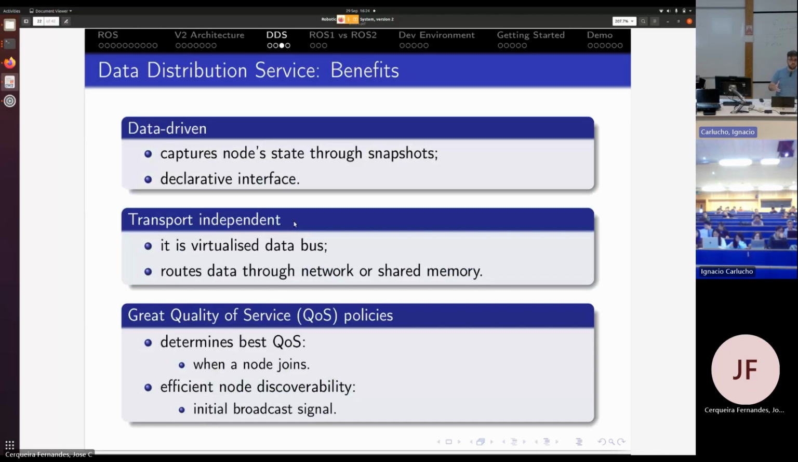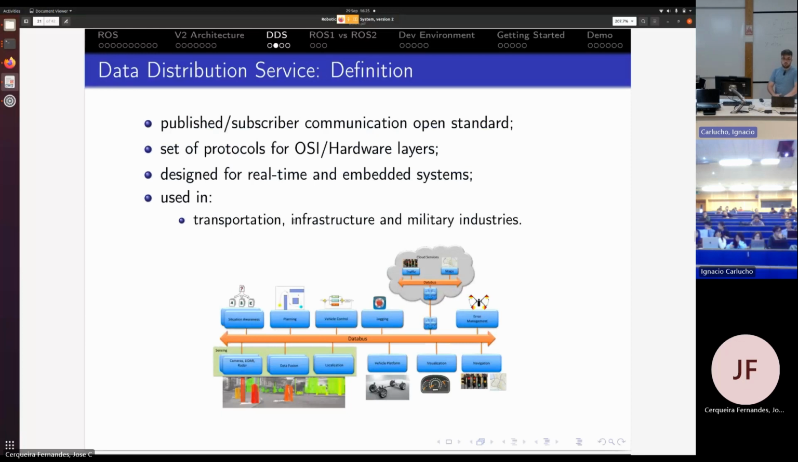So it's a declarative interface. So it's going to scale better in terms of development. It's transport independent, because it routes data through the network or shared memory. If two nodes are in the same computer, they don't need to be routed through a master node, for example, or through the bus, because DDS is